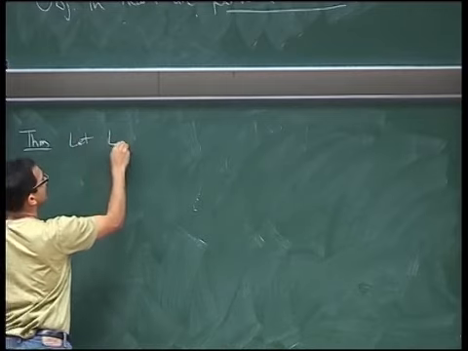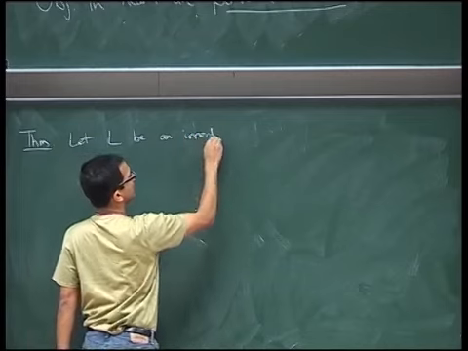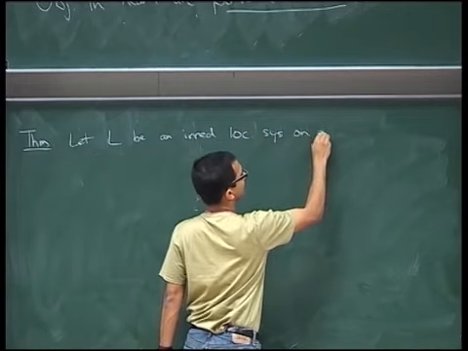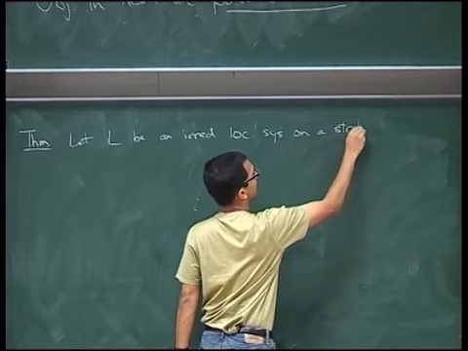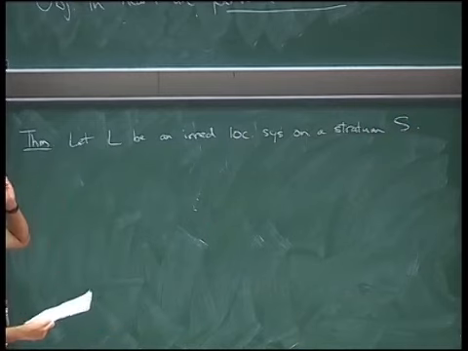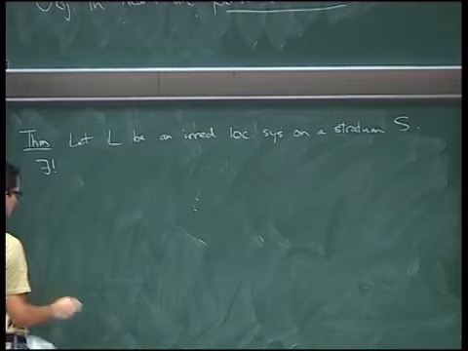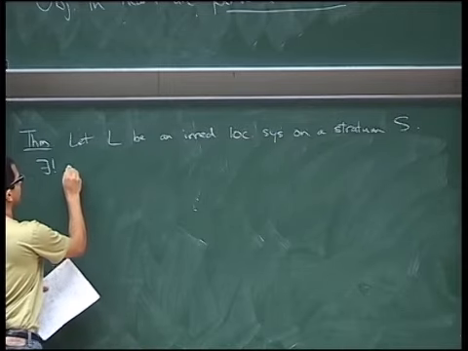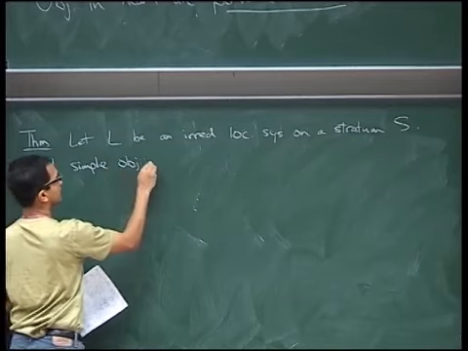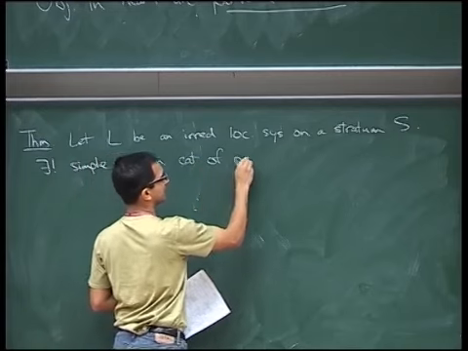Let L be an irreducible local system on a stratum S. Then there exists a unique simple object in the category of perverse sheaves,